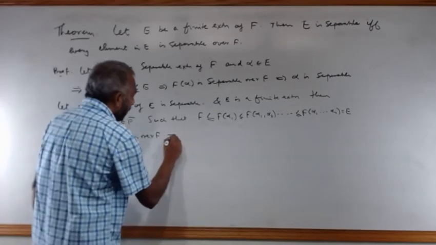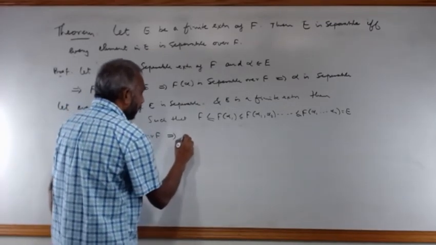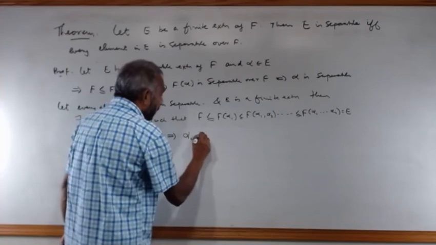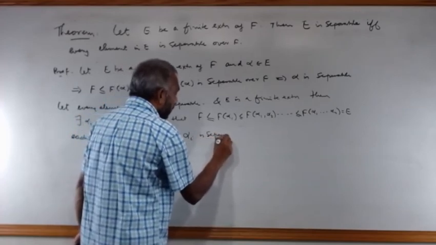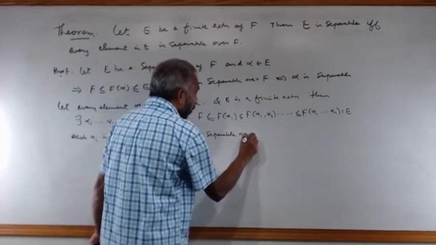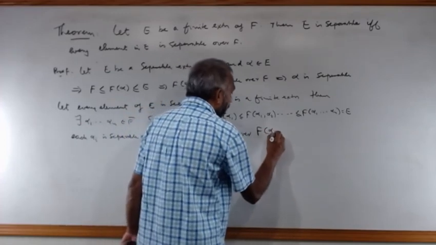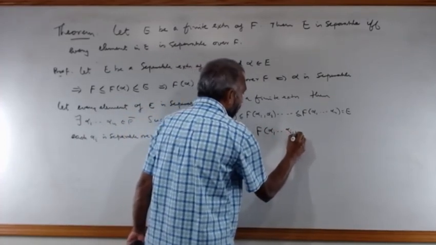So that implies alpha i is separable over F(alpha 1, ..., alpha i-1),